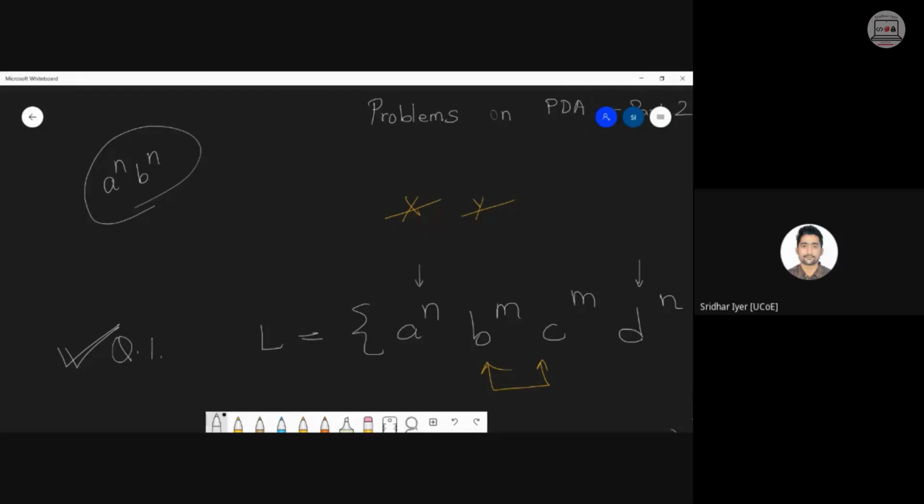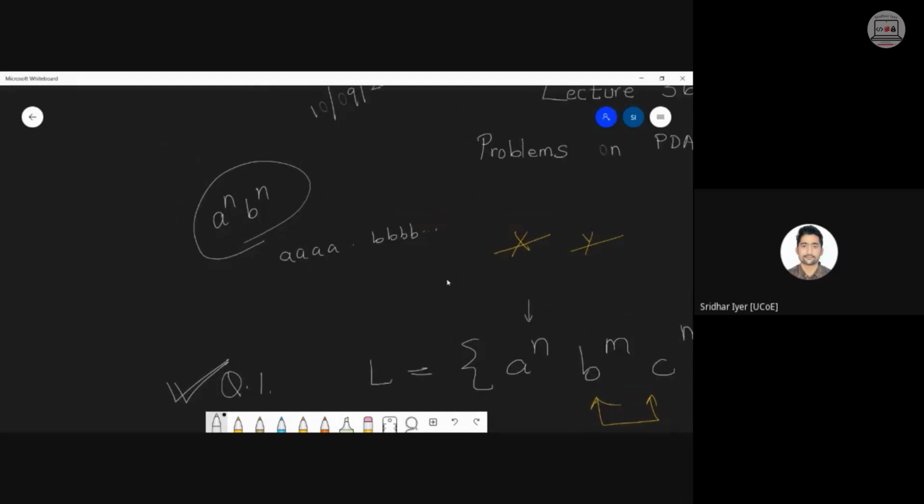It is not the same, Ayush. Have a look. A raised to n, B raised to n is like all the patterns of A followed by all the patterns of B. But in this case, it is being asked that it should have equal number of A's and B's. So we are not sure if it is starting with A or if it is starting with B, whatever it may be. It may be something like this. It may be something like this also. Anywhere in the string, A's and B's can be present. Did you understand the difference now?